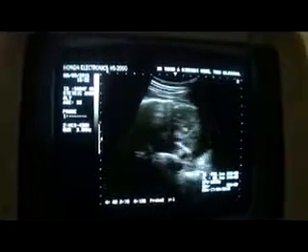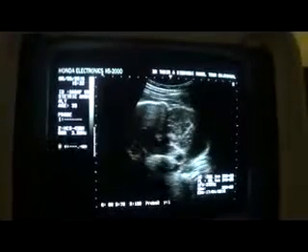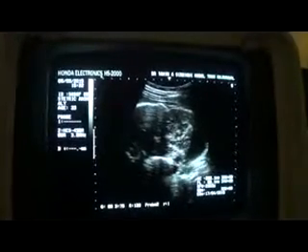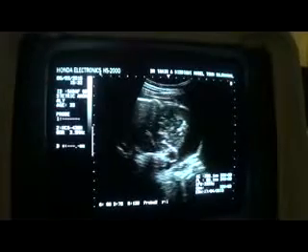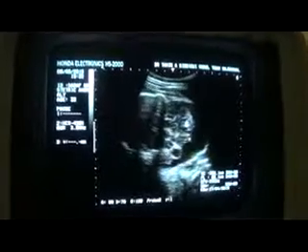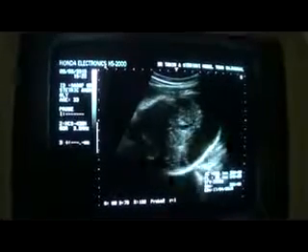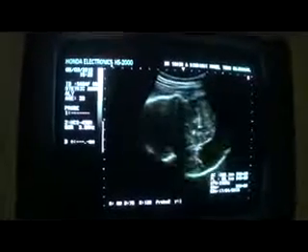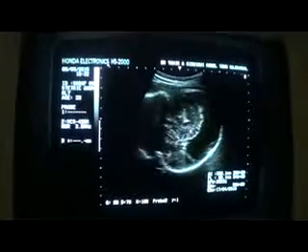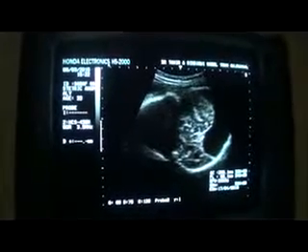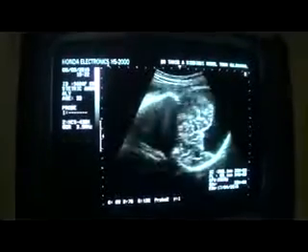See, now you can see that this is the head. This is the head of the fetus, and this is the cystic area, the brain protruding into it. So this is what we call meningoencephalocele, a very large one though, and